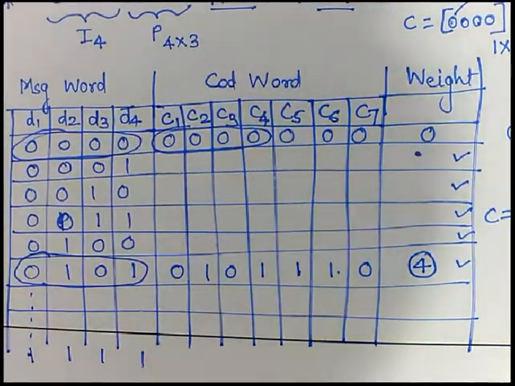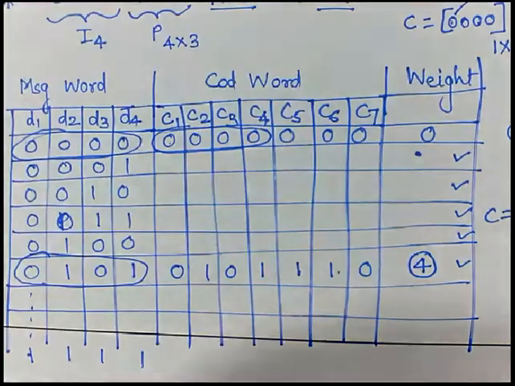Okay, so this is where we will complete the first part of our LBC encoding. We will have the second part of the same, where I will give you the message word and the related code word. You try to cross-check it with your calculated values and you can verify the same.